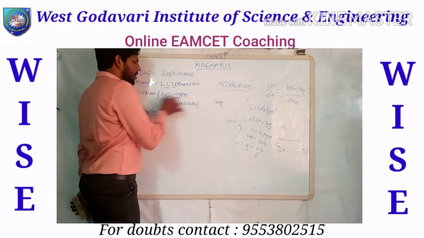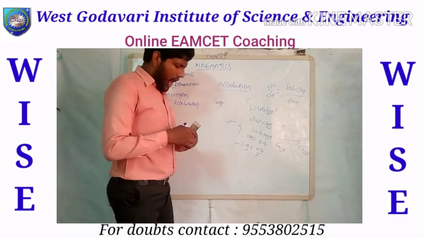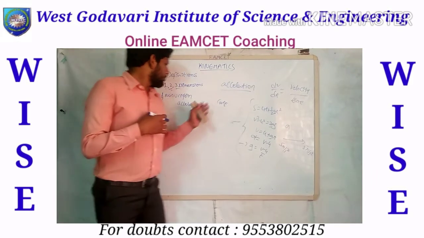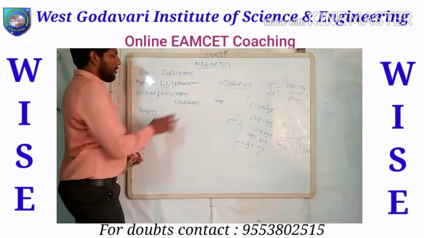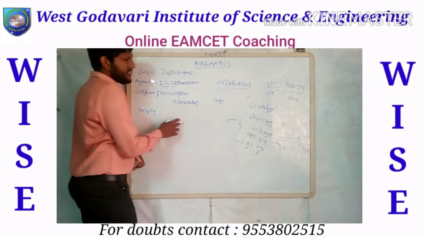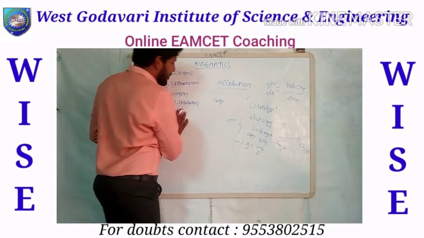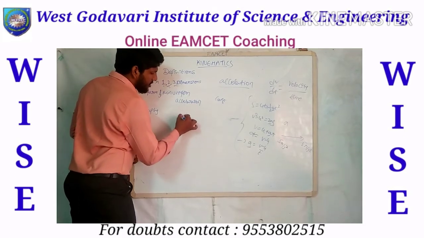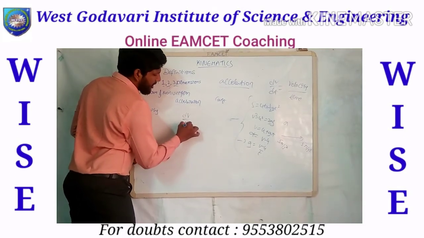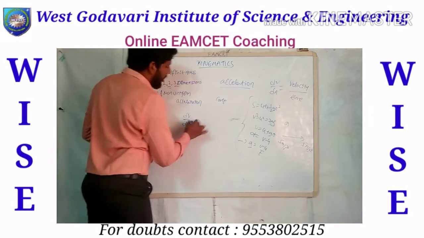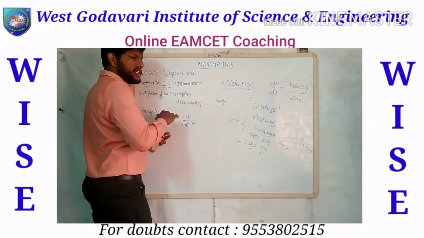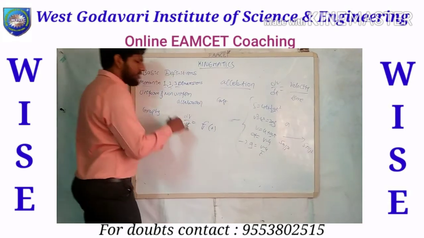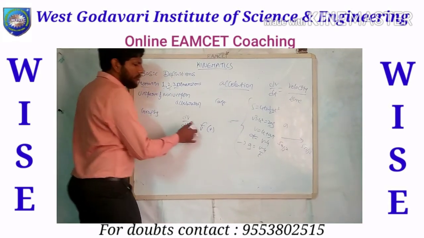And we have another term, non-uniform acceleration, which means there is always a change in the acceleration component. If you want to derive the equation for non-uniform acceleration, write the components dv by dt. Simply, acceleration is dv by dt, and acceleration is a function of time. So dv by dt equals f of t.